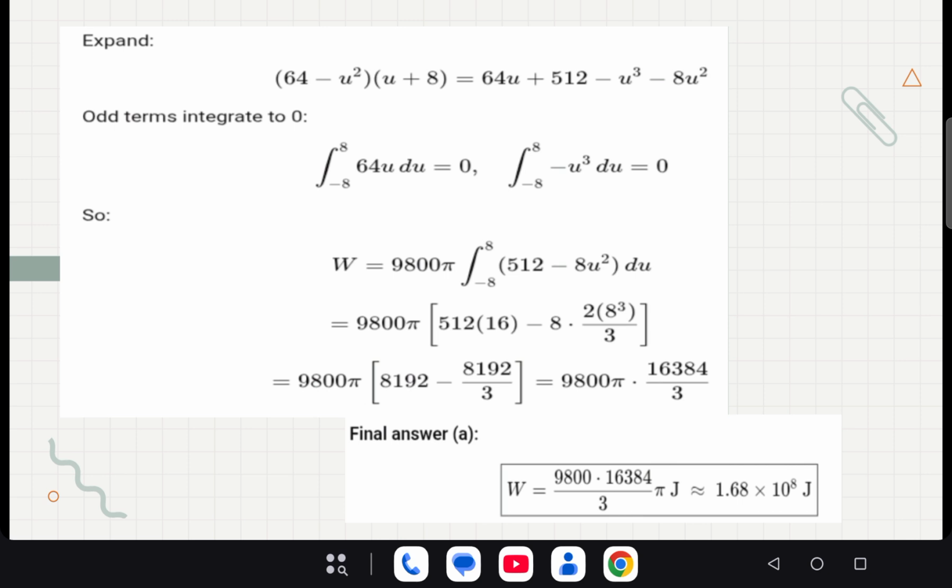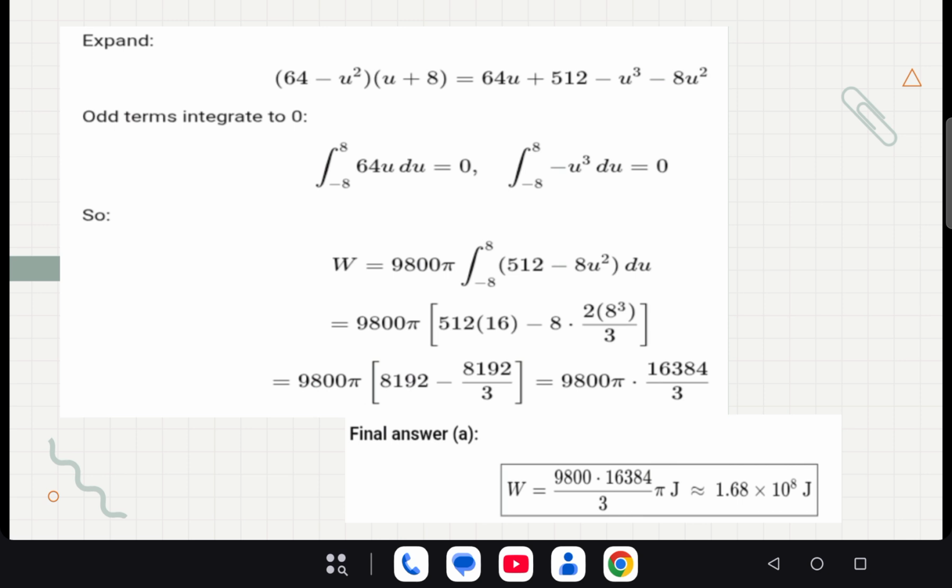The integral from negative 8 to 8 of minus u cubed du equals 0. So W equals 9,800 pi times the integral from negative 8 to positive 8 of the quantity 512 minus 8u squared du, equals 9,800 pi times the bracket of